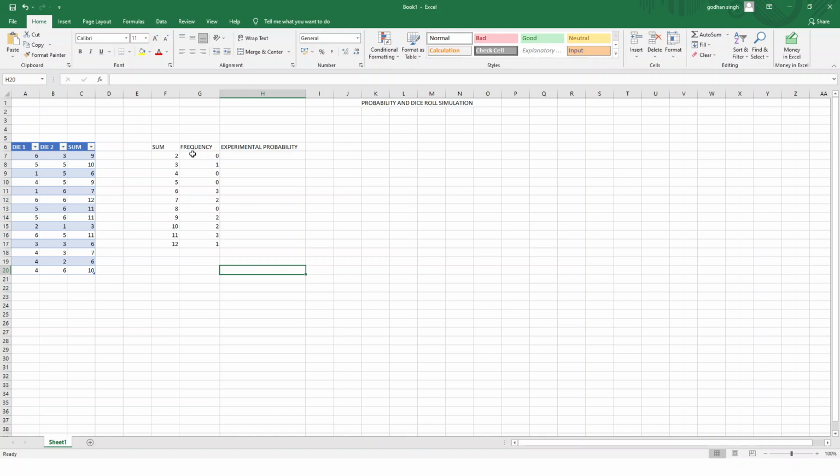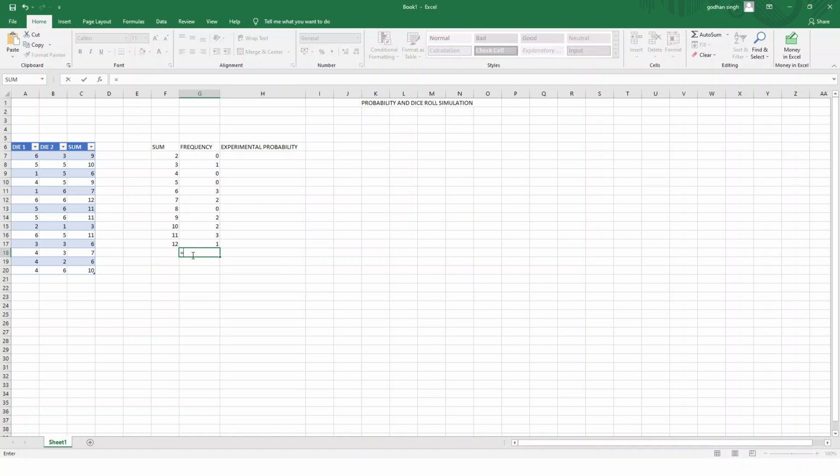So what we'll do is we'll just divide the frequency of 2 with the total frequency, and we'll get the probability of the sum when sum is 2, and in that case what is the probability of that event. So this is how we can get the probability of all the events. So now let us start doing this one. First let us find the sum of this.